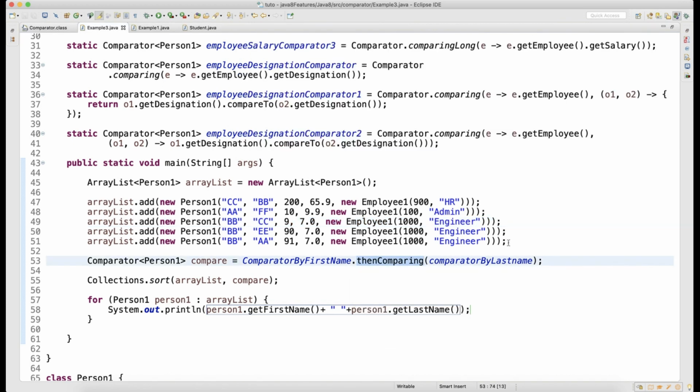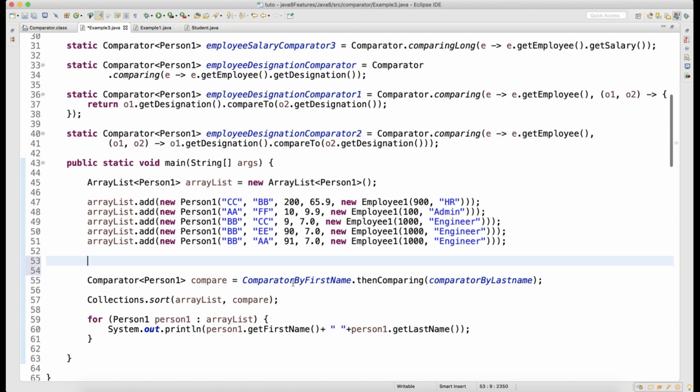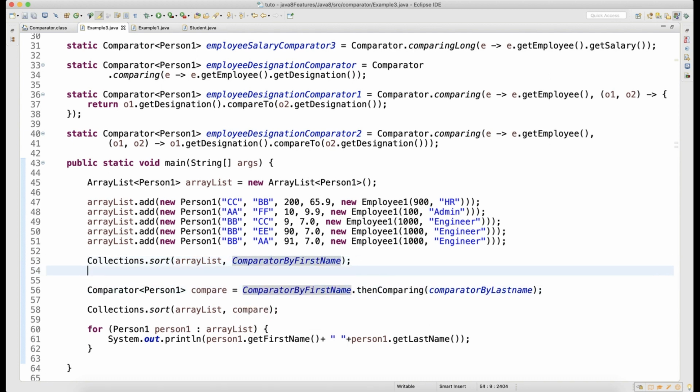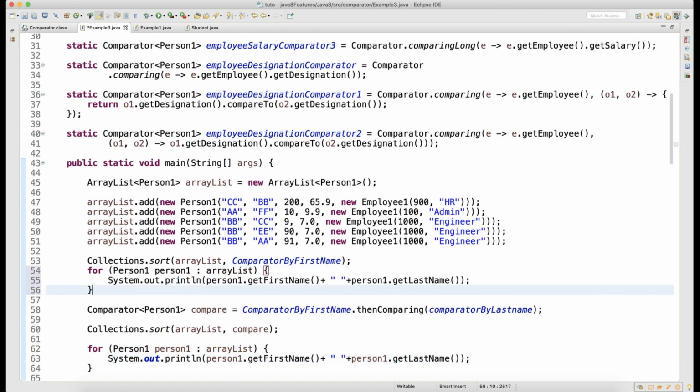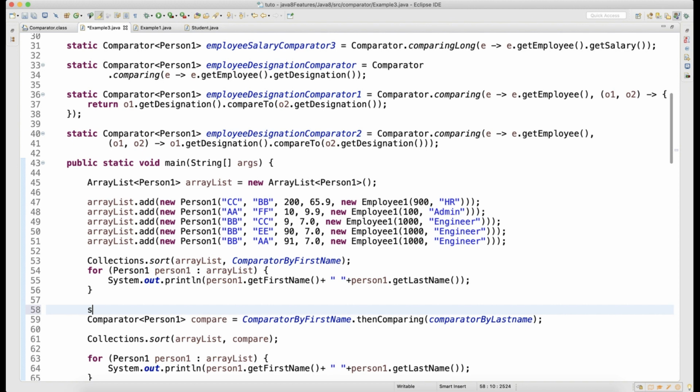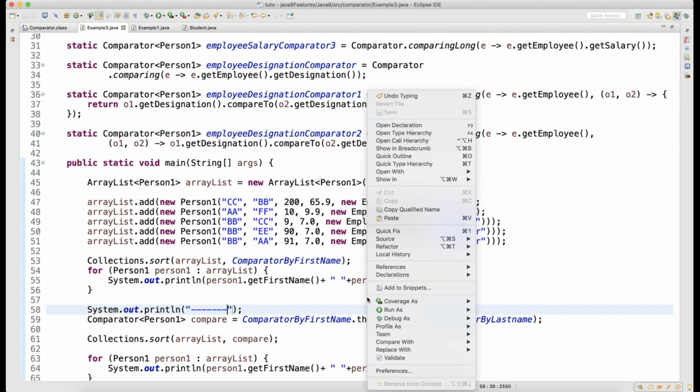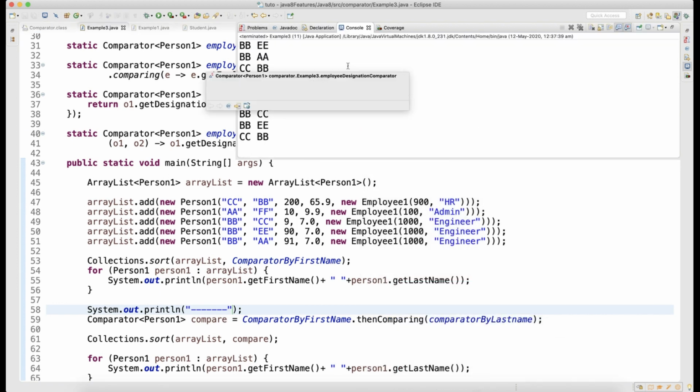If I just show you by writing only comparing first name, your output will be different. If I just write this comparing first name and call this for each loop, you can see that your output is quite different. The sorting is just based on the first name. Let me maximize this a little bit.